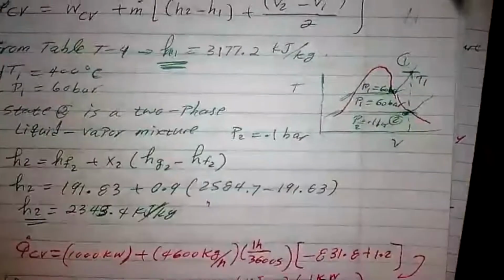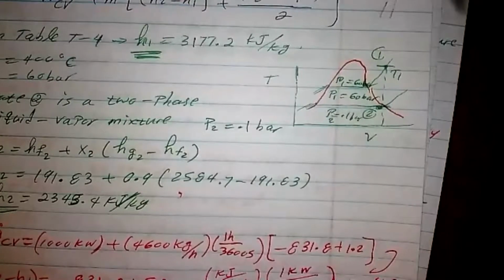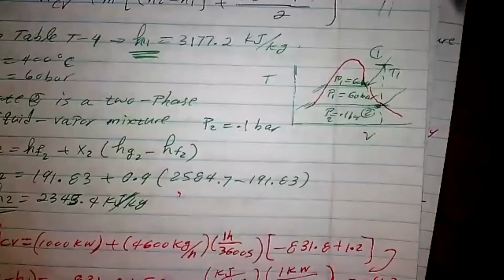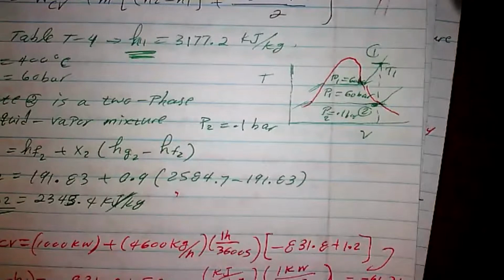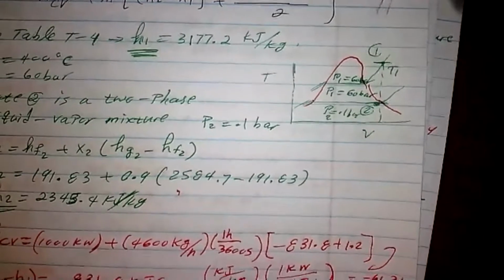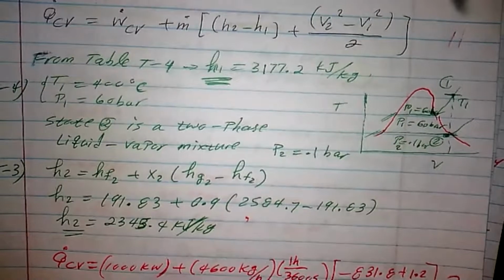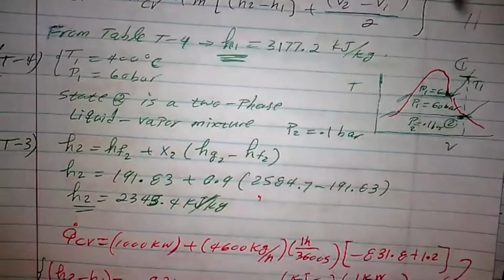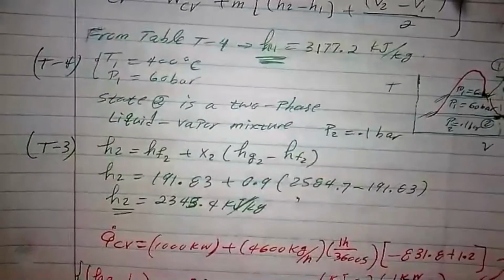And then if you look at the PV diagram for the inlet pressure, which is 60 bar, and then we have the exit pressure, which is 0.1 bar, reduction of the pressure, correct? All right, so because the pressure decreases, because we have a diffuser. So we have the PV diagram, and all we have to do is, because we are in a region of mixture, okay? So we need to calculate the enthalpy using the quality and, from the table T-3, we can